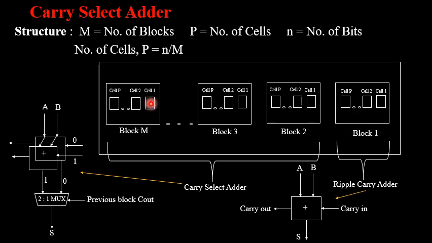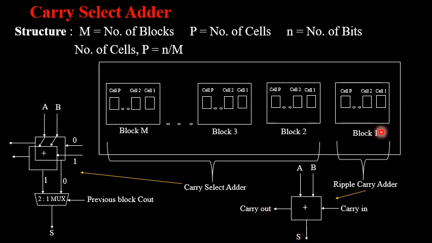So now if you see the number of blocks over here, it is m, because I have taken into consideration blocks up to m. Always remember that whatever may be the number of blocks, the first block, which is present towards the rightmost side of your carry select adder structure, will be reserved for a ripple carry adder block. The ripple carry adder block is what I explained in my previous slide, wherein it accepts the inputs operand A and operand B along with the carry input, and generates the sum output as well as the carry output.